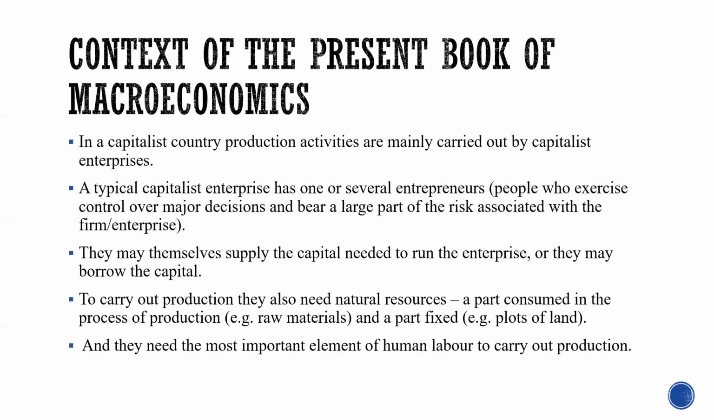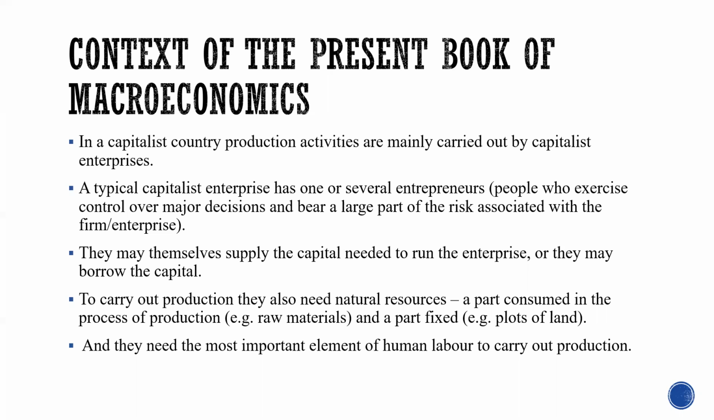A typical capitalist enterprise has one or several entrepreneurs, people who exercise control over the major decisions and bear a large part of the risk associated with the firm or enterprise. So here they are talking about what capitalist enterprises are. So what does it mean? A capitalist enterprise has one or several entrepreneurs. In the capitalist economy, there are plenty of entrepreneurs who control the major decisions and take